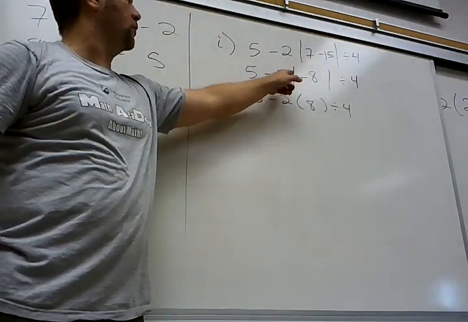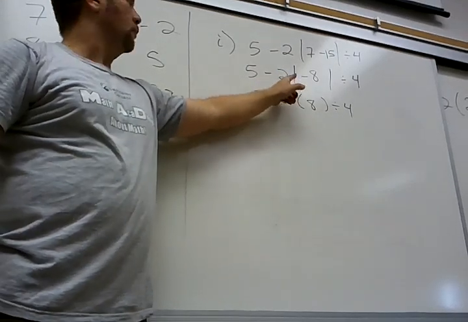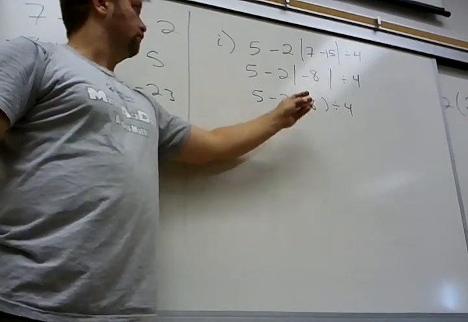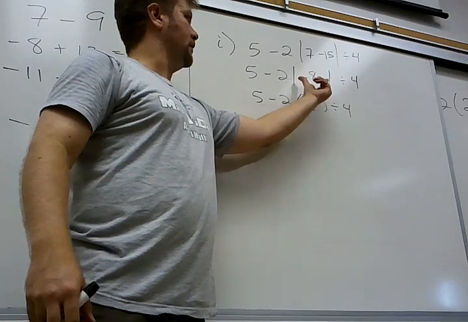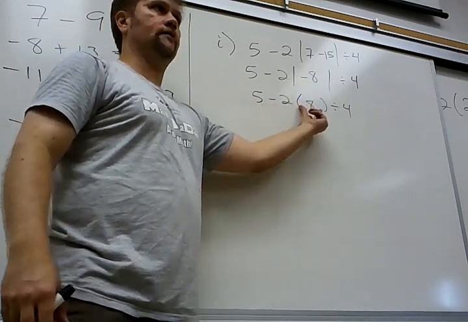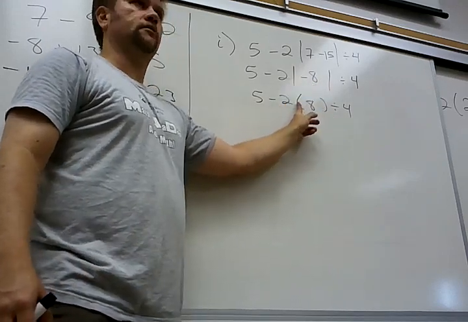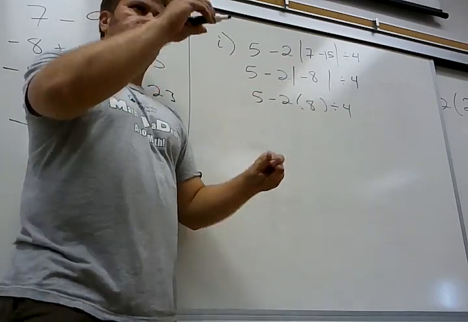Now, did anybody, hopefully nobody made a plus sign show up there. Be careful. Multiplication cannot become addition. This is 5 minus twice this. And what is this? 8. So it better still say 5 minus twice this. You're just replacing this with what it is. Don't make it become addition. Be real careful about putting a plus when you know it becomes